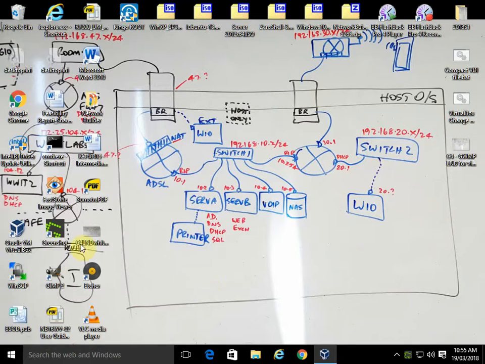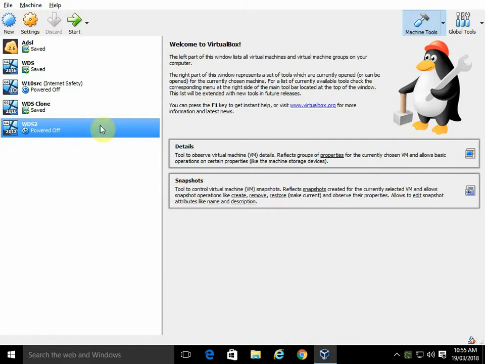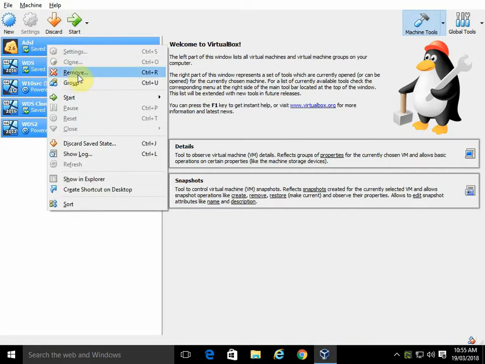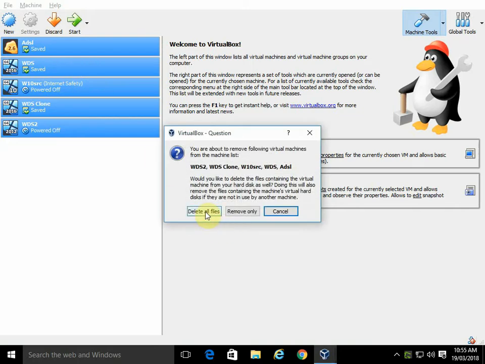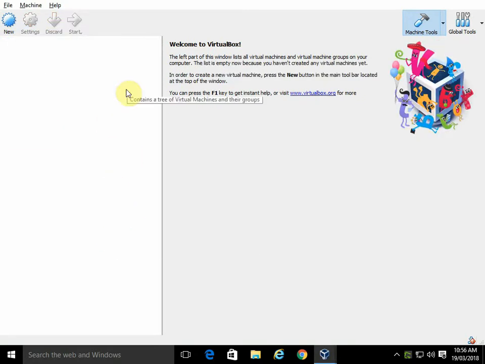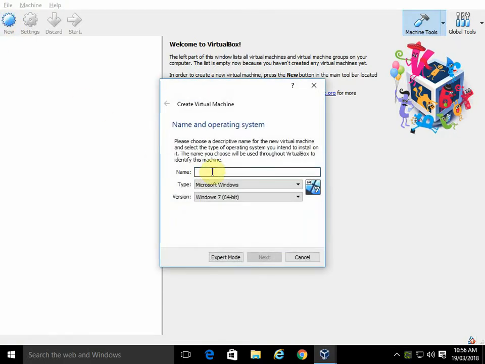So if we just open up our VirtualBox, it's already open. I'm going to get rid of all of the existing virtual machines. Right mouse click and then remove them all and delete all the files. So they're all gone. We're now going to make our ADSL,